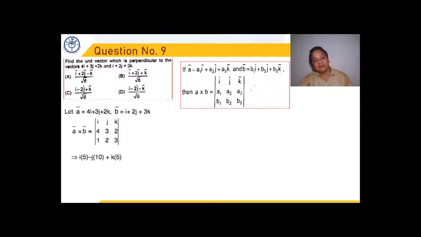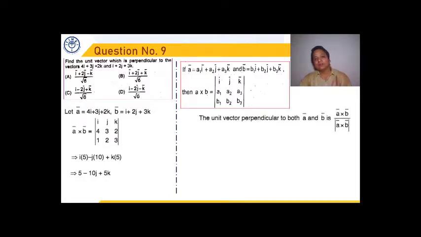But we have to find the unit vector. This vector is 5i minus 10j plus 5k. Now the unit vector perpendicular to both is obtained by dividing the A cross B vector by its modulus, because the cross product gives a vector which is perpendicular to both A and B. So we say 5i minus 10j plus 5k divided by the square root of 5 square plus minus 10 whole square plus 5 square. So 5 square is 25, minus 10 whole square is 100, plus 5 square is 25, that is root 150,